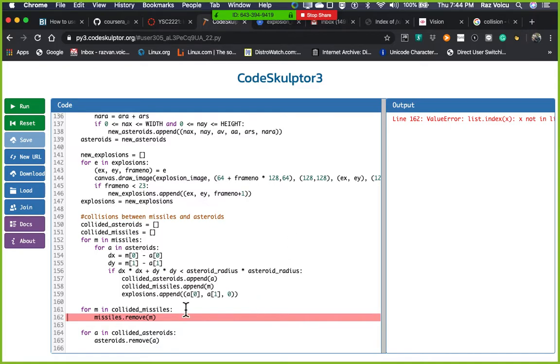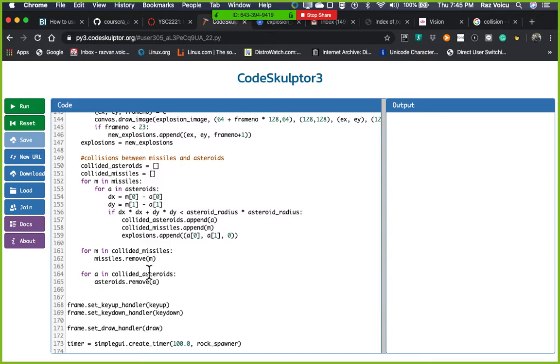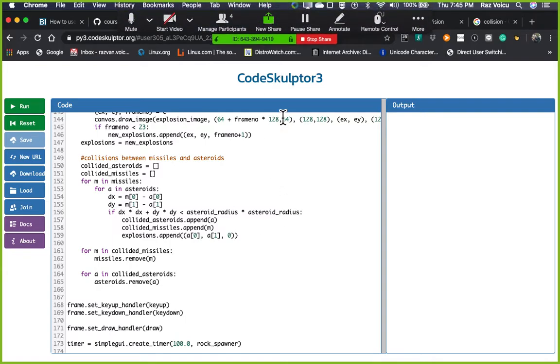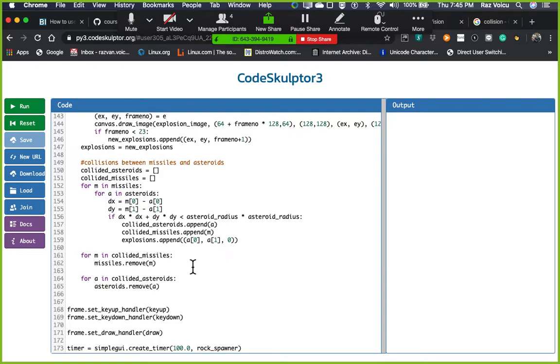All right, so it might be the case now that a missile might hit two asteroids, interestingly, and then we might attempt to remove it two times, right? So because of that, let's try to fix this, right? So how do we fix this? I think it is